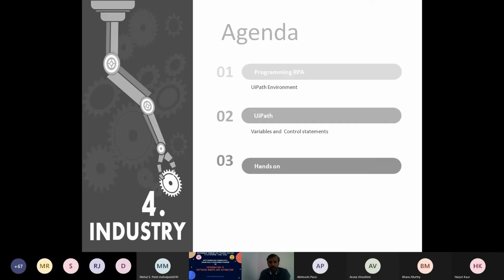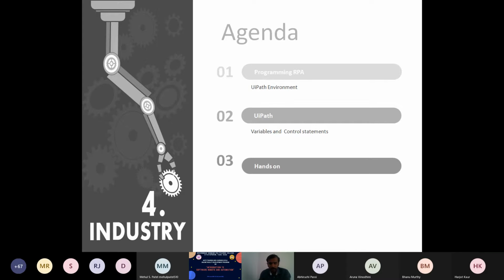So this is the agenda today. I have installed UiPath, and I'll request all the participants to double click on UiPath and open the environment. First you'll see an environment. I will name some panes in this environment and give a brief description about the components in the panes, because we are not going into the detail. With this environment and these panes you are going to program for today, tomorrow and the day after, so you'll get familiarized with the panes over these days.